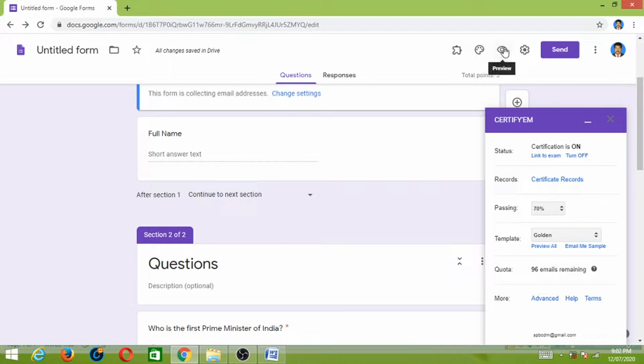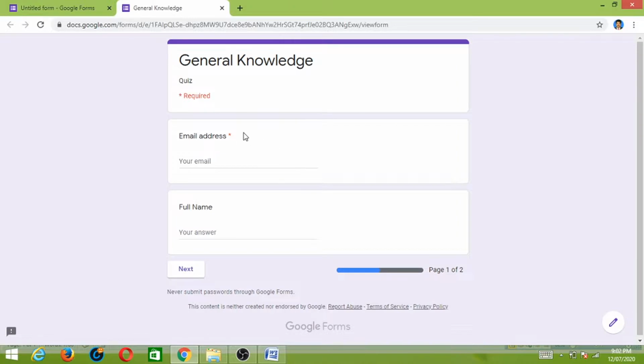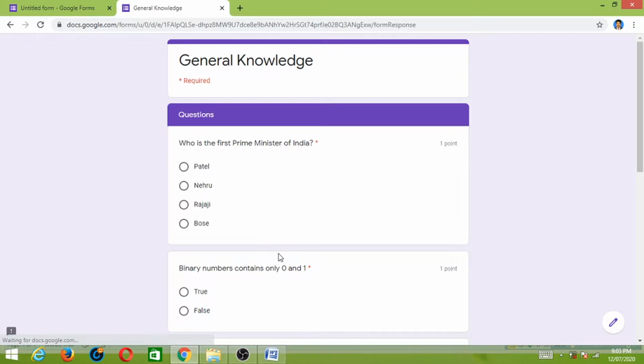Now I just run this Google Form. This is the first fold of our form. Here I am giving my mail ID. Okay, then select the next option.